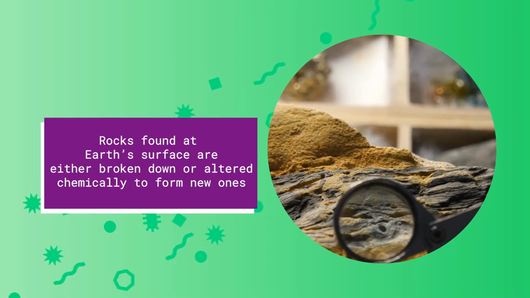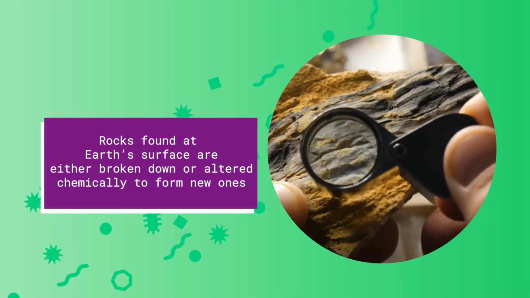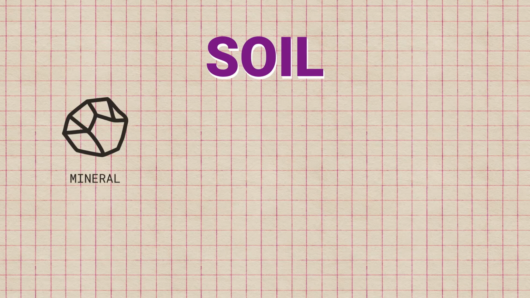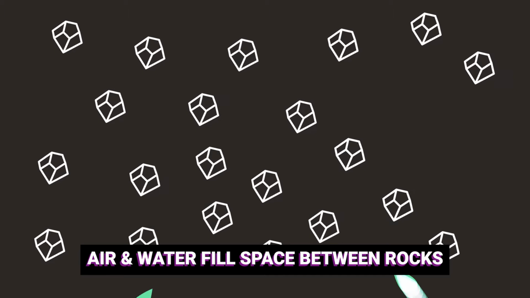Because of weathering, rocks at or near Earth's surface are either broken down into smaller pieces of rock or altered chemically to form new rocks. Weathering is a key process of the formation of soil, which is a combination of mineral and organic matter, air, and also water. Because of gaps in between the rocks, air and water fills the space between each particle of